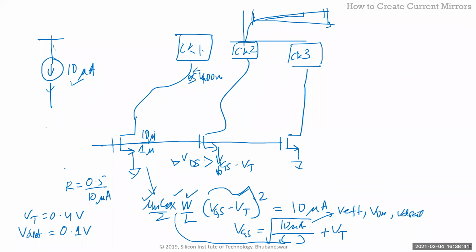So this is a 10 by 1 micron device, right? Right. Now, if I take a 10 by 1 micron device and force a 10 microamp current into it, what would be the VGS? So if I do this,